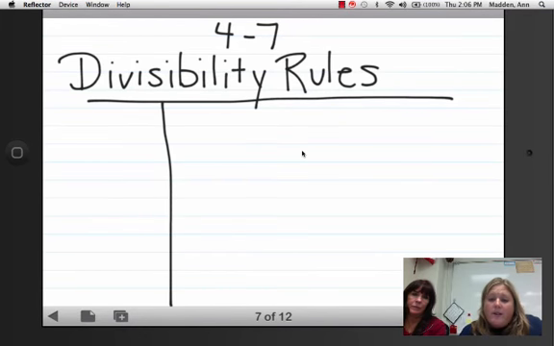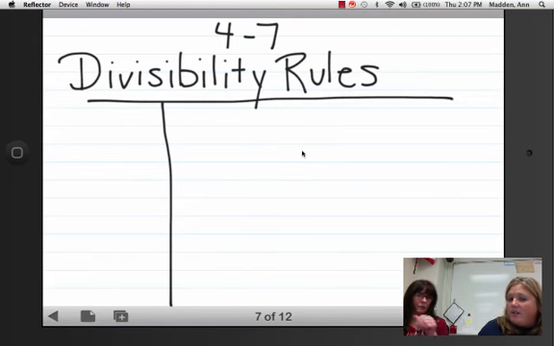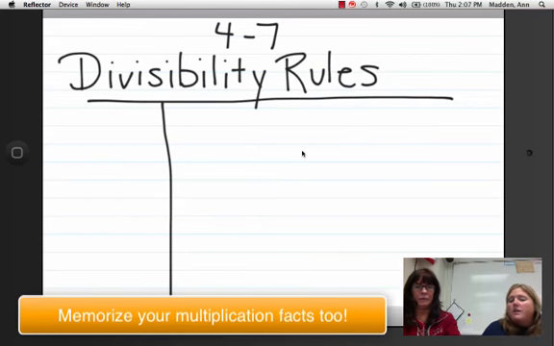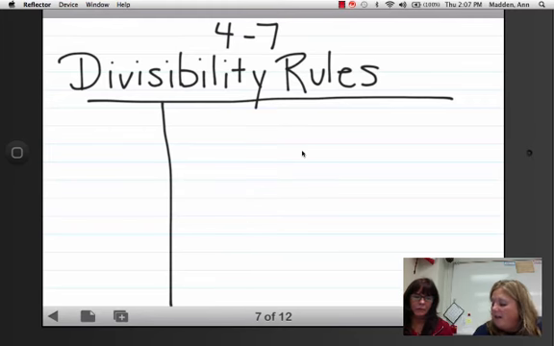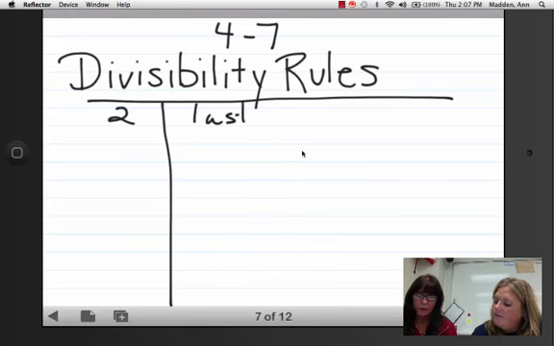We're going to also write down the divisibility rules so you have them tomorrow in your notebook. Mrs. Lamore is going to go over the first one for us. Take out your notes, write down divisibility rules, and make 2 columns. Notice the 2 columns, the left-hand side is much smaller than the right-hand side because we have a lot to write on the right-hand side and not much on the left. Okay, our first number is 2. The rule for if the number is divisible by 2 is if the last digit,